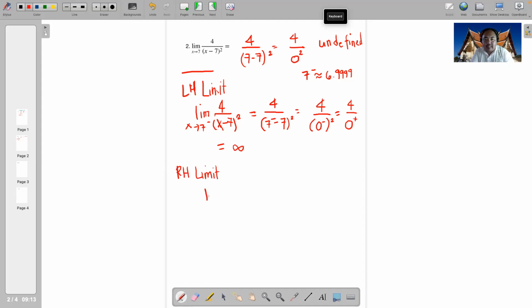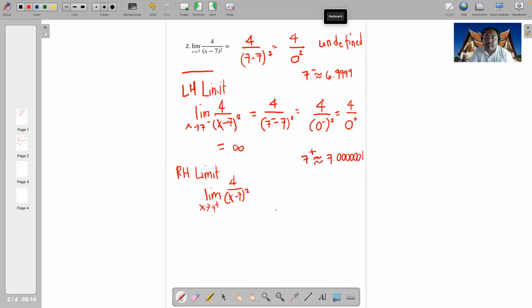Sir, that is the limit of 4 over (x minus 7) squared as x approaches 7 from the right. Okay, so now we are talking about 7 from the right. Let's put a face to that number. Let's say we are talking about